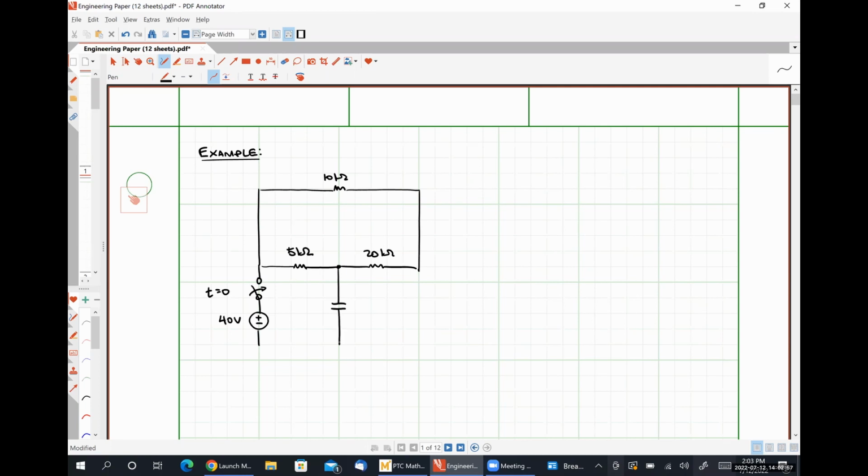We have a capacitor here having a value of 100 microfarads, and we're going to put a 100 volt source over here on the right hand side. The quantity that we are going to be interested in for this particular circuit, excuse me, let's scroll down here,